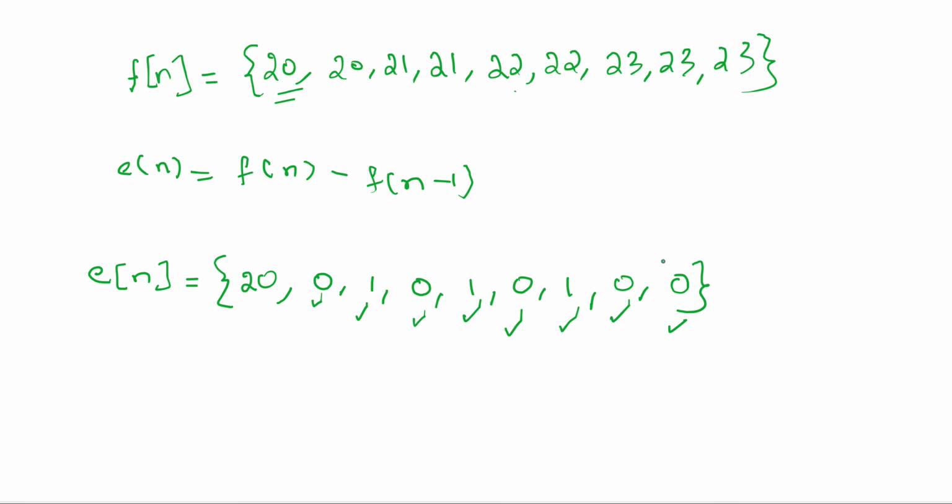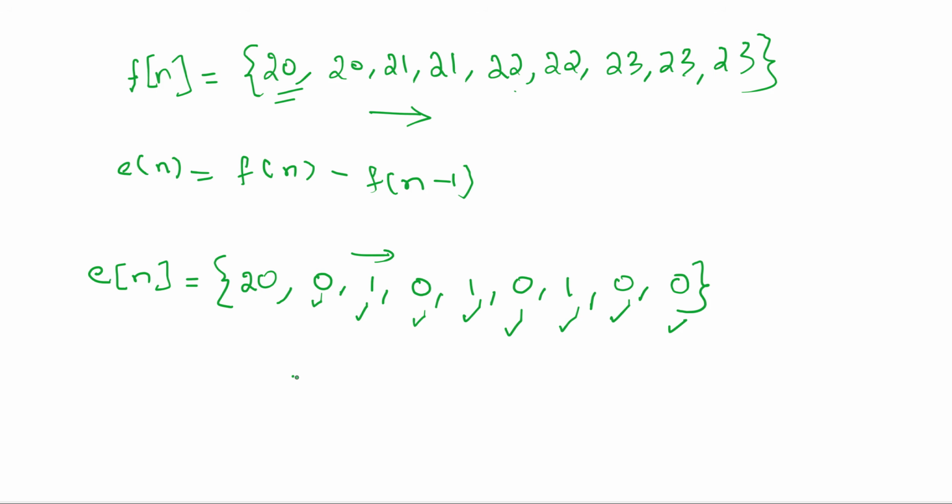When you look at these values, we have changed a larger range of values into a smaller range, because the values existing in this particular sequence are 20, 0 and 1 only, and this will be the case even if we have a lot of other values which differ only by 1 in the input sequence.